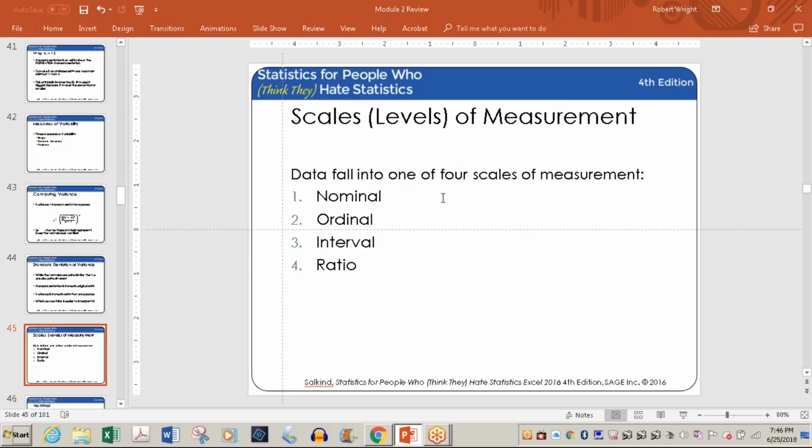Now, although I have them listed nominal, ordinal, interval, ratio, basically ratio is considered the highest level, and I guess we should do these backwards, but whatever. So anyway, nominal is categories, ordinal puts things in order, interval shows you relationships between things, but there's no absolute 0. Ratio puts them in order, shows a relationship, and there is an absolute 0, and everything is equidistant. Any questions so far? Nope. Good.